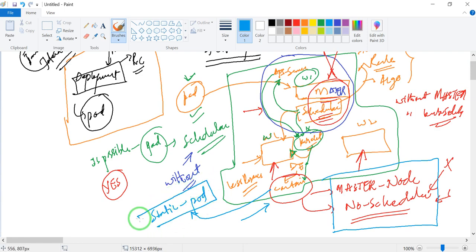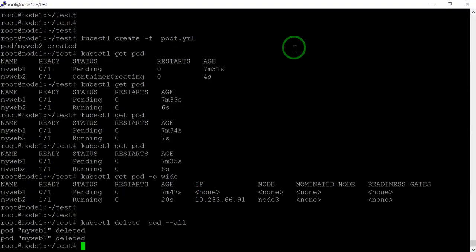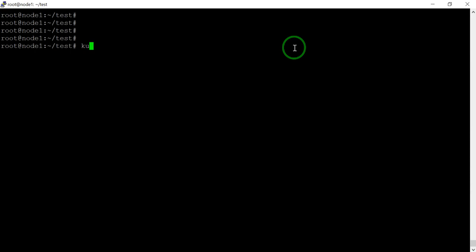So that pod is called a static pod. So how can we launch a static pod in the Kubernetes cluster? Let me give you a little bit of an idea about this. This is my master node, and I'm going to launch my